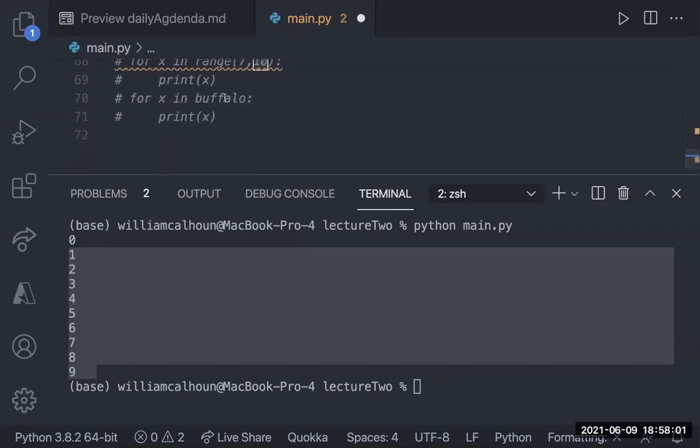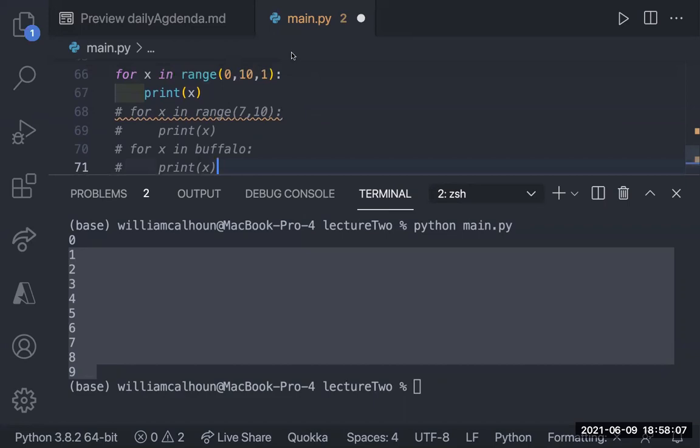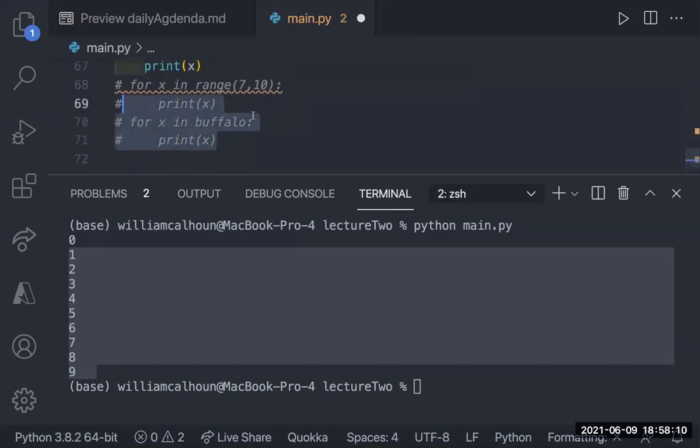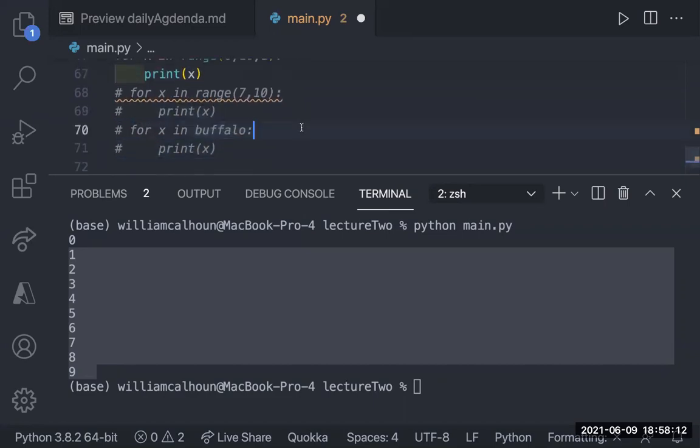It may just have to be that you do n+1, because really, how often are you going to hard code how many times you're going to iterate? Most likely the middle number is going to be a variable. And that's when you would do this, right? For x in Buffalo, and that's going to be your iteration through the entire thing.